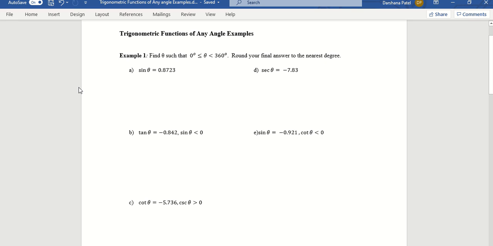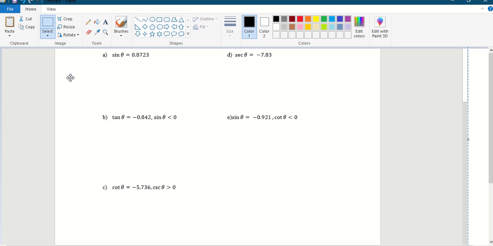Trigonometric functions of any angle. Examples. Example 1. Find theta such that theta is between 0 to 360 degrees and round your final answers to the nearest degree. So for the first one, we are given sine theta equals